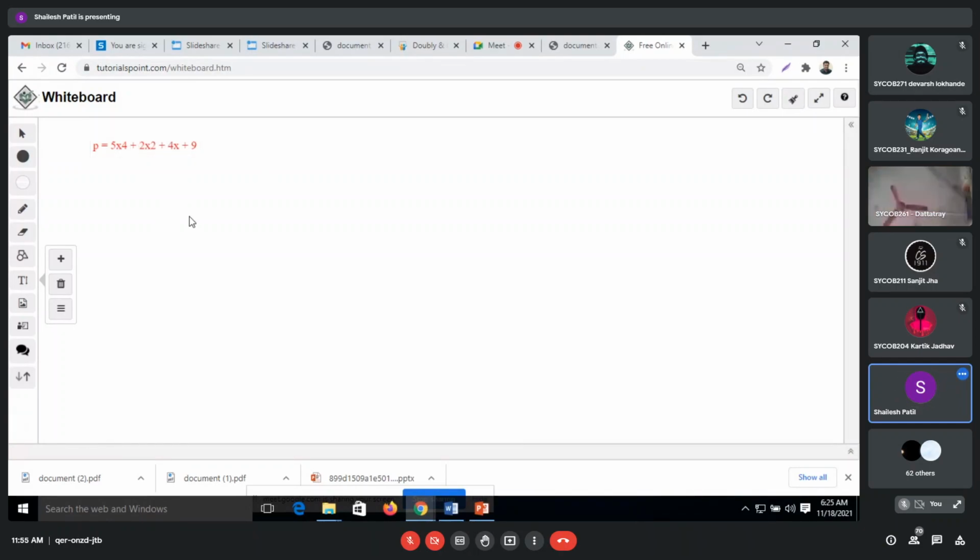Just tell me how we can represent this in a linked list. Suppose this is my linked list. How many nodes will we need in this case?